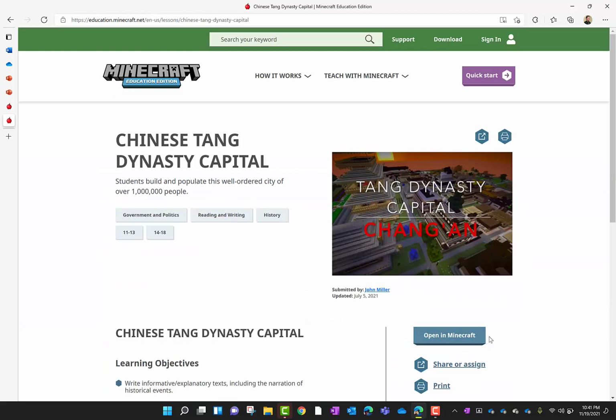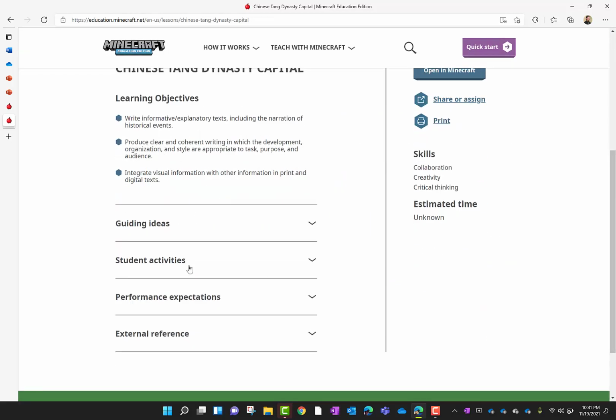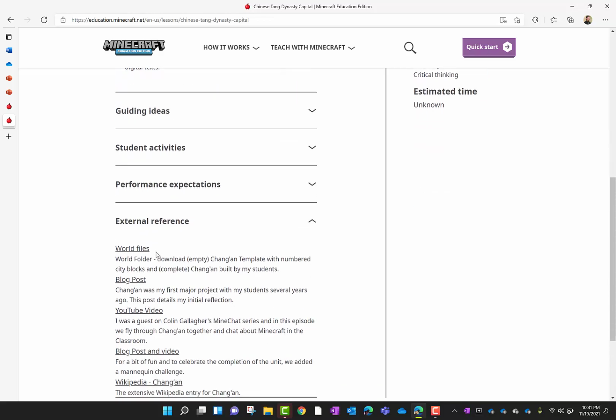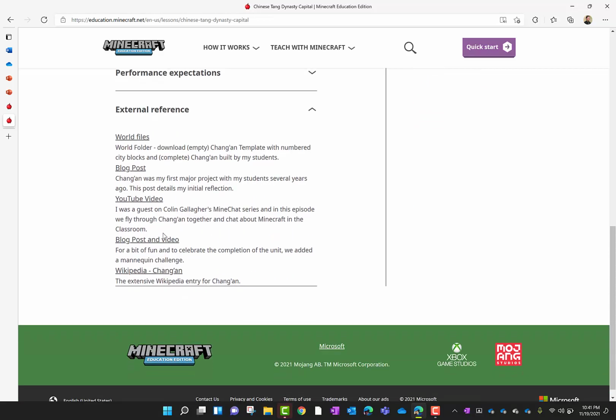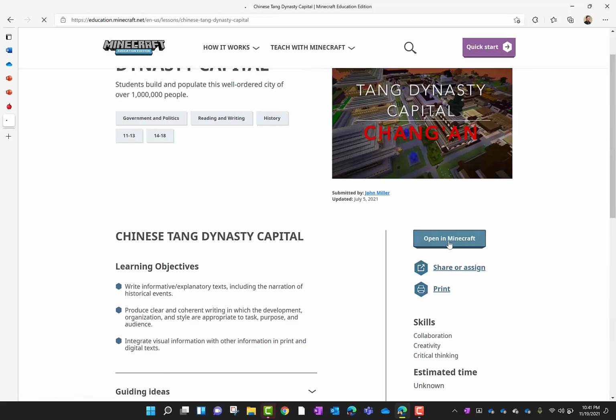And here we have a lesson that does come with its own world. We have the Open in Minecraft button right here. And we have objectives and guiding ideas, student activities, performance expectations, and again, external standards. Lots of external references, lots of resources here. And again, the world file is the same as this button right here. So if I click to open this in Minecraft,